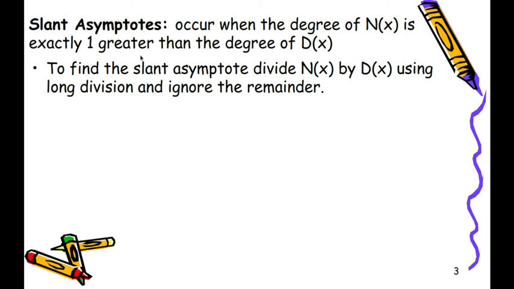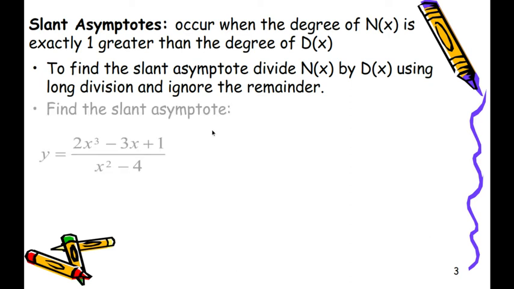But what we focus on today is how to actually find the equation of the slant asymptote. So we have to use long division. All right, so it's been a while since we've seen long division. So we have to divide the numerator by the denominator, and then we basically ignore the remainder. All right, so we're going to look at an example, and we're going to find the slant asymptote for this